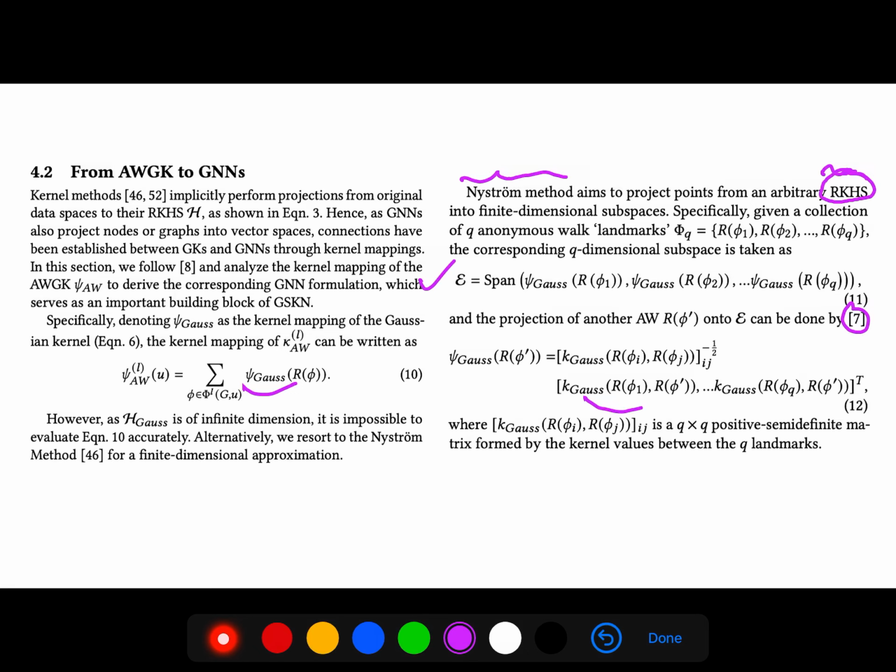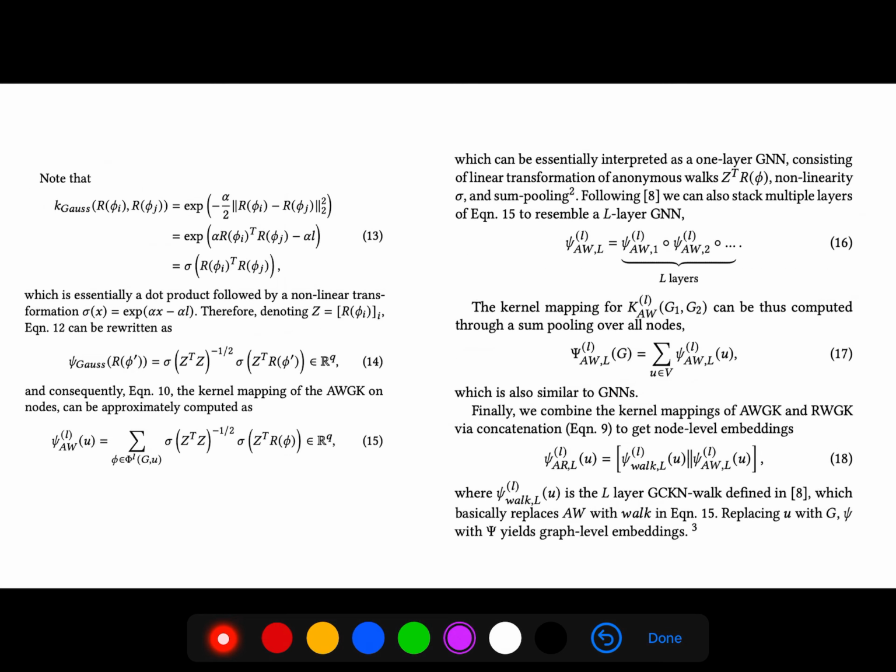So these are positive semi-definite matrices formed by kernel values between Q landmarks. So we can also stack multiple layers to resemble an L-layer GNN.